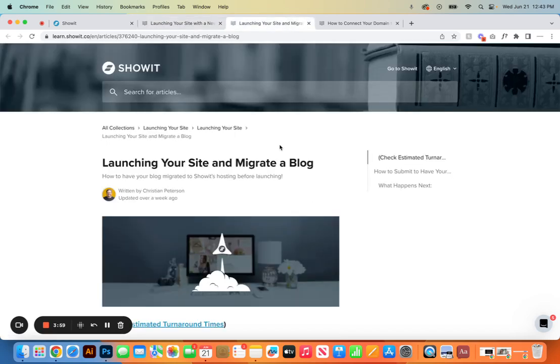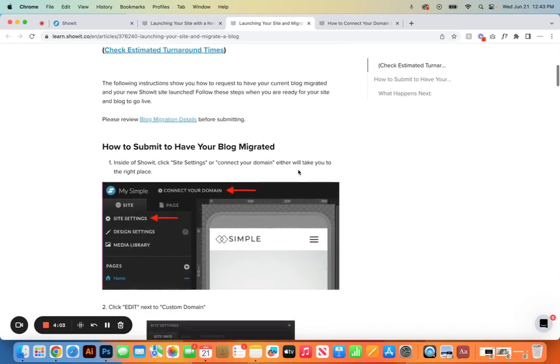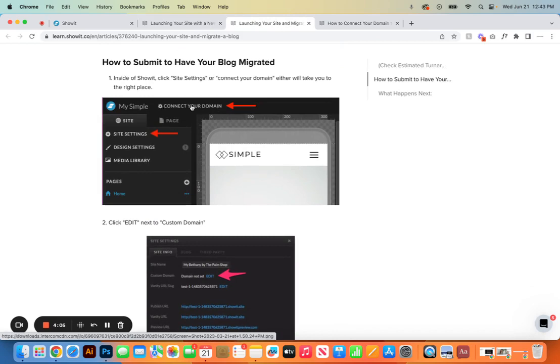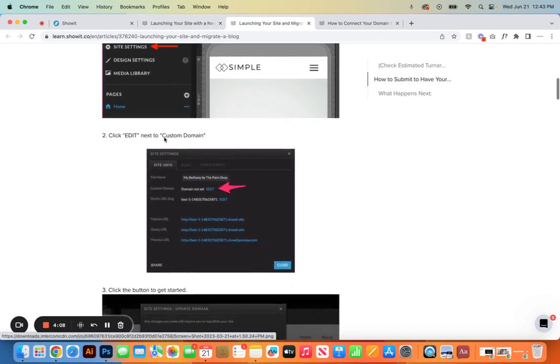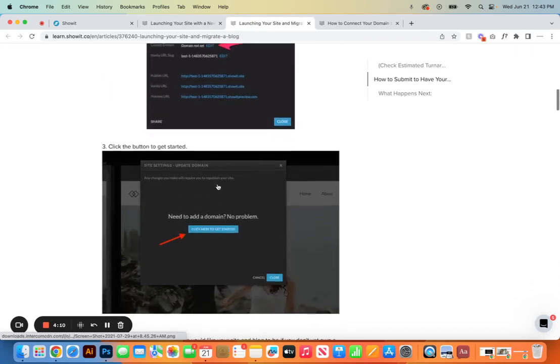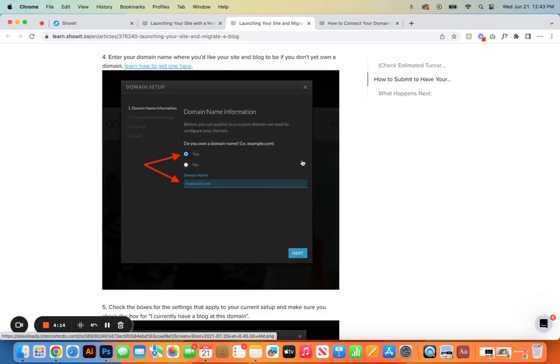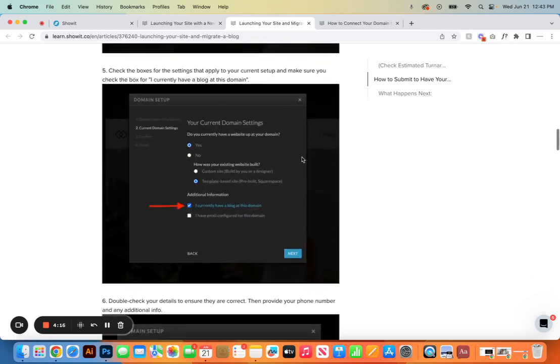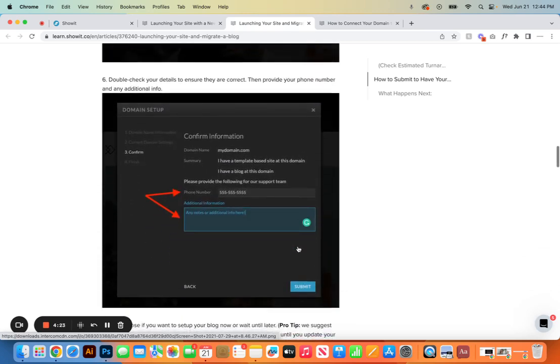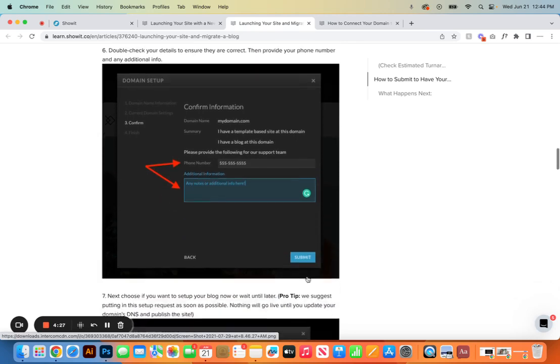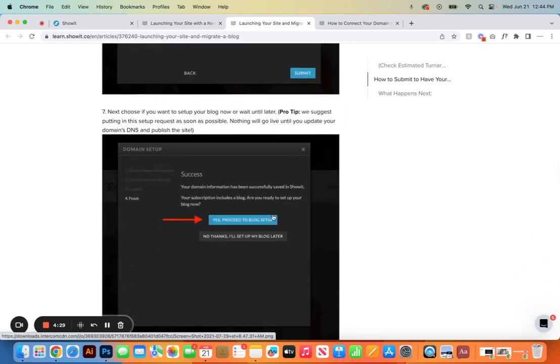If you are migrating a blog, your steps will look a little bit different. The first steps are going to be pretty similar. Connect your domain or go to site settings, click edit, click here to get started, add in your domain name information. Here, this is where you'll say, I currently have a blog at this domain, and click next. Add your number and additional info, click submit, and then of course you're going to proceed to the blog setup,